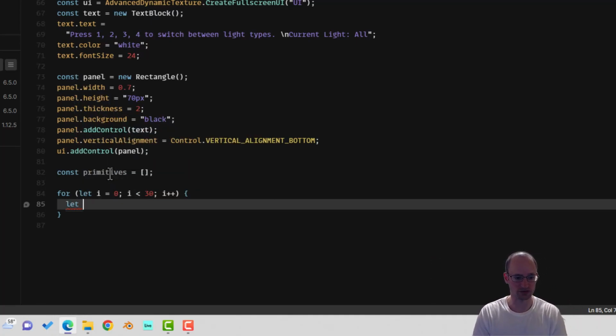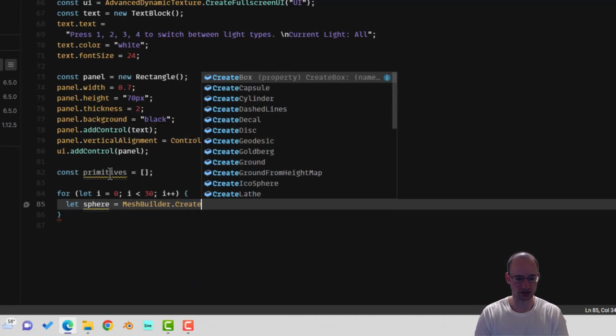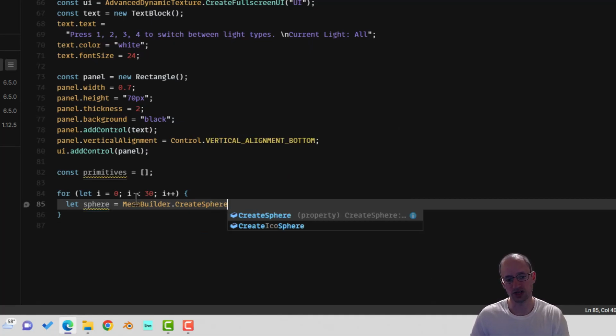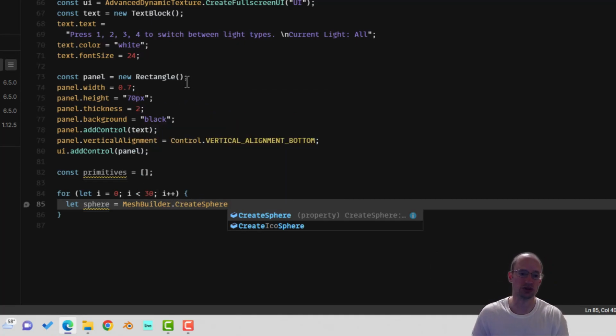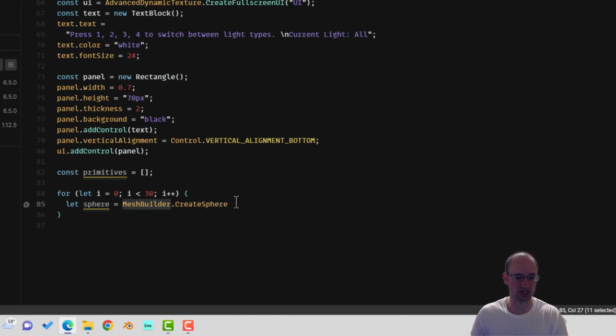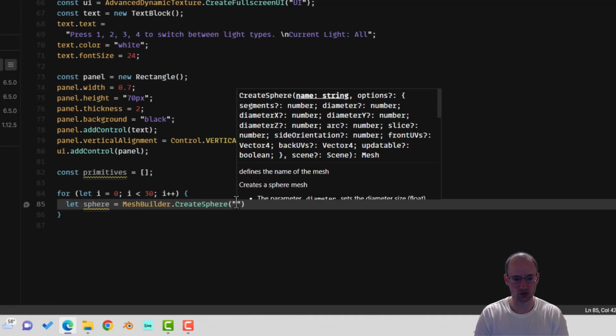All right, lovely. So what code are we going to run 30 times? Well, I want to make a bunch of stuff. So first, let's do sphere equals MeshBuilder.CreateSphere. Now these are like helper functions that Babylon has for creating these primitives, like CreateSphere, CreateBox, CreatePolygon. They even have some pretty sophisticated ones. We're just going to use CreateSphere for now. I think you can actually import CreateSphere directly. I've imported MeshBuilder, but either way is fine. And we're just going to call each one, like,